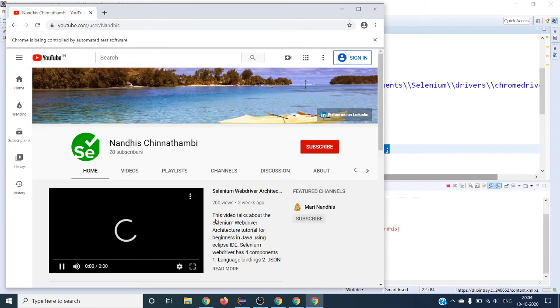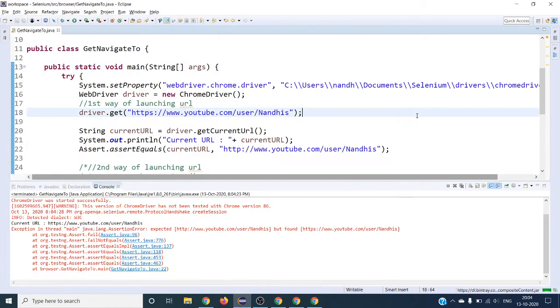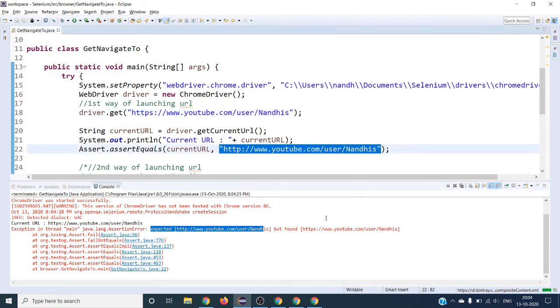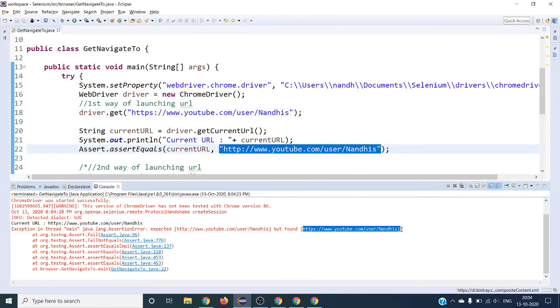Opening the URL, and closed it. You can see the current URL is this one. Whatever we launched, it is fetched, but the test case failed because this is the expected one, whatever we have given, but actually what it found is https.